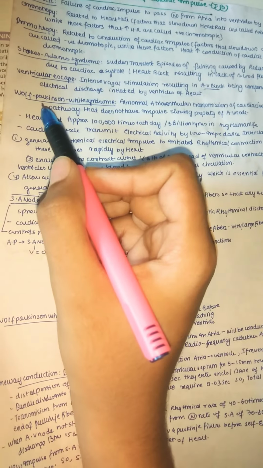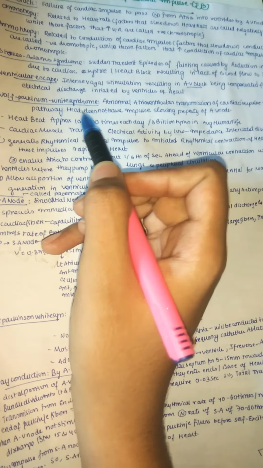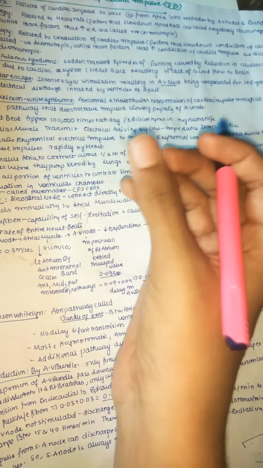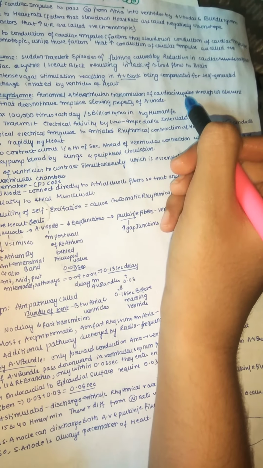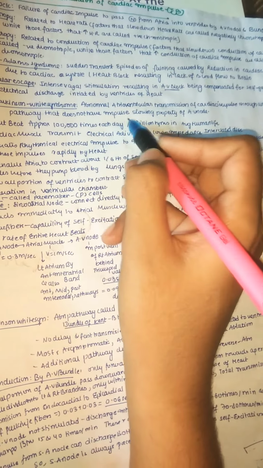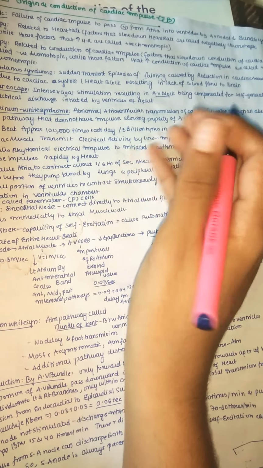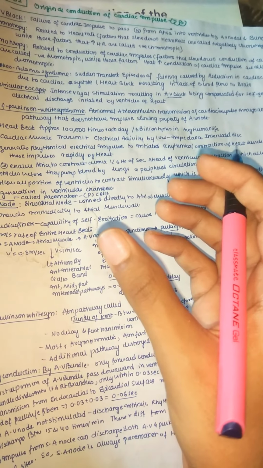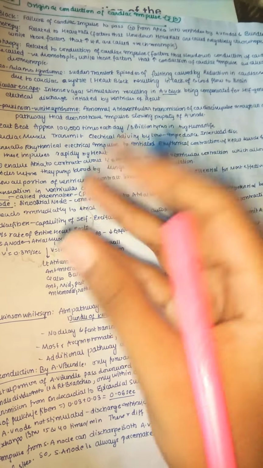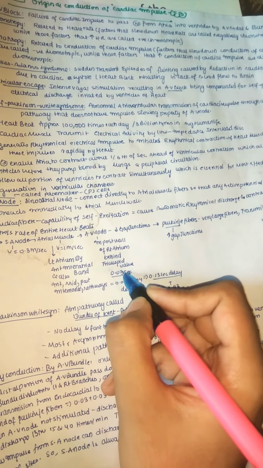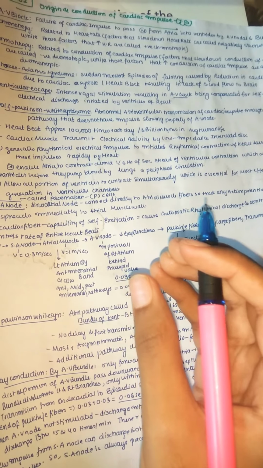Of course, the last point in our important terms is Wolff-Parkinson-White syndrome. So this is an abnormal atrioventricular transmission, that is from atria to ventricle, of cardiac impulse through an aberrant or abnormal pathway that does not have the impulse slowing property of the AV node. So normally in the AV node our impulse stops for like 0.03 seconds. We'll see all those things.